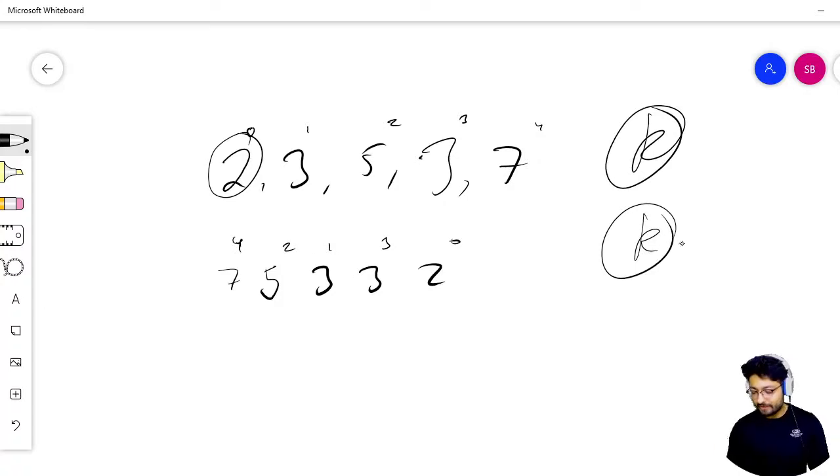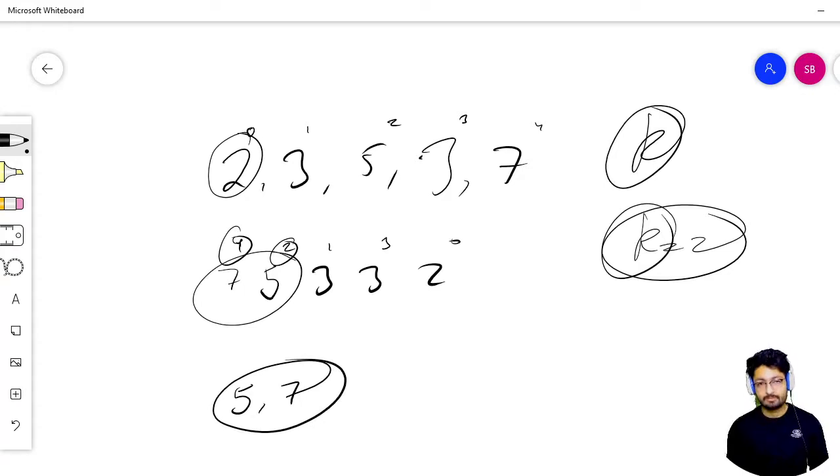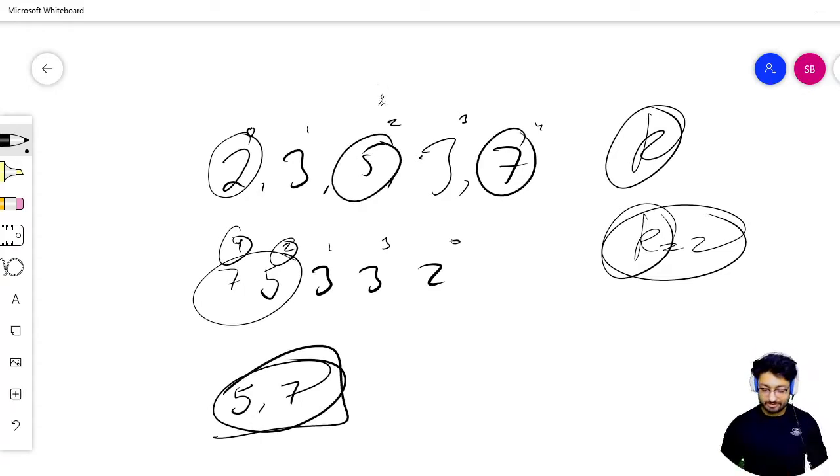Now let's say you have to find the first two largest numbers, so you take the first two largest numbers, and after extracting them you have to sort them again by the indexes. The first index is actually 2 and then 5, so it will be like this, 5 and 7, and that's the answer. As you can see, if you take out 5 and 7, this is a subsequence. I just take them out, the order remains the same, that is 5 and 7, and that gives the maximum sum with length k equal to 2. Fine, so that's the whole logic for this.